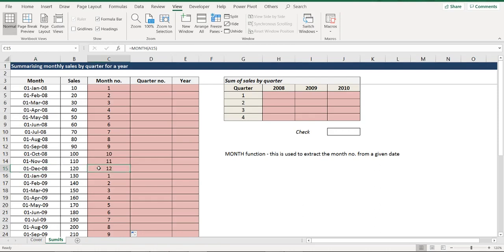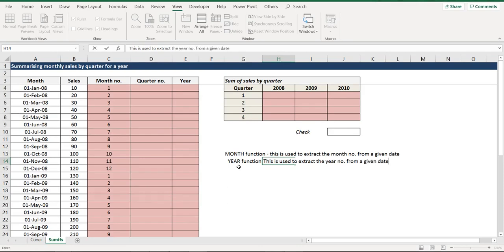Now, very similar to the month function, we have another function which is YEAR. The YEAR function is used to extract the year number from a given date. So if you have a given date like 1st January 2008, then the year function will extract the year number